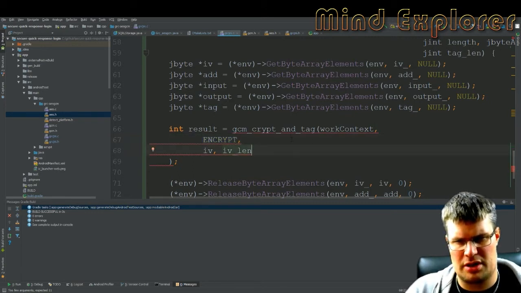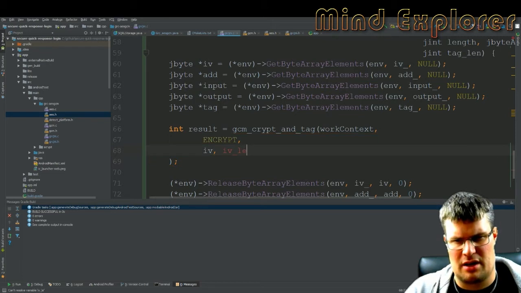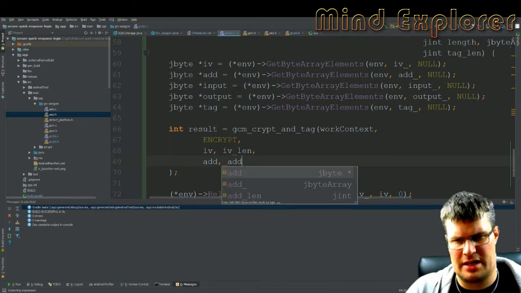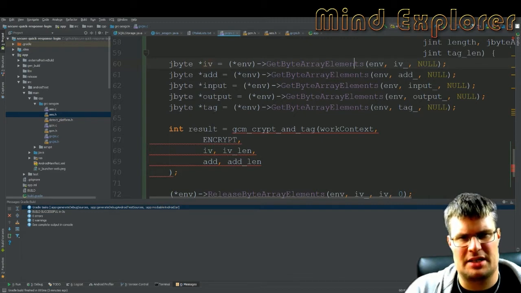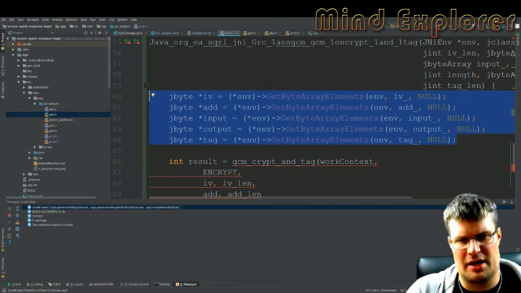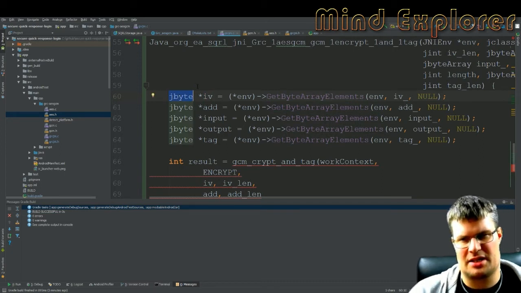That's the next part. We look into the description here as well. So we first put in the context, the mode, then the IV length, and then the add length. So the add len, and you see up here that all these bytes that get in, the system actually creates this fine little function that will transfer my byte array with the get byte array element and put it into a new variable that is a jbyte,